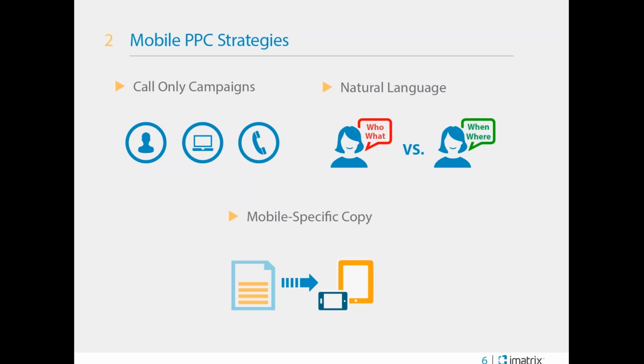We also, like I mentioned, we need mobile-specific copy. This needs to be done immediately. If you're already running a pay-per-click campaign or if you're thinking about it, make sure that this is done, meaning the ads need to be written for mobile. If you are copying and pasting the ad from a desktop, it may not fit. If you look at a mobile phone device screen, vastly different than a desktop. We have less space there, and we want to make sure, similar to a mobile-friendly website, that we have mobile-friendly pay-per-click ads and landing pages.